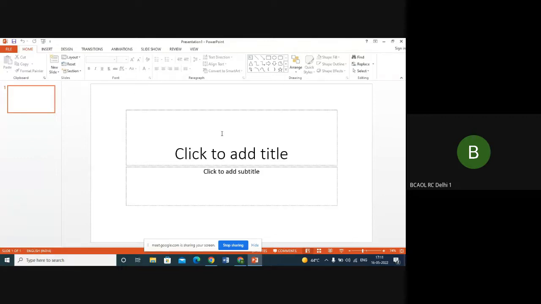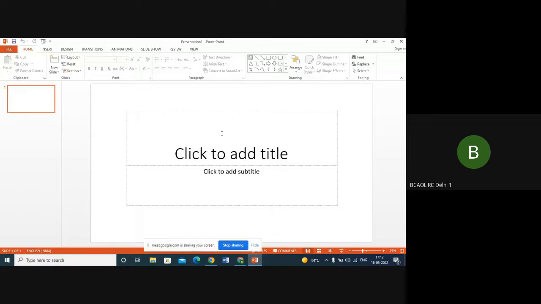So nowadays, suppose you have some kind of seminar or something like that, or you want to go for some project, you always make a PowerPoint presentation to show what your project is going to be and what it will benefit others and all that. So for giving information about the ideas of projects or whatever information you want to give on a topic, you make